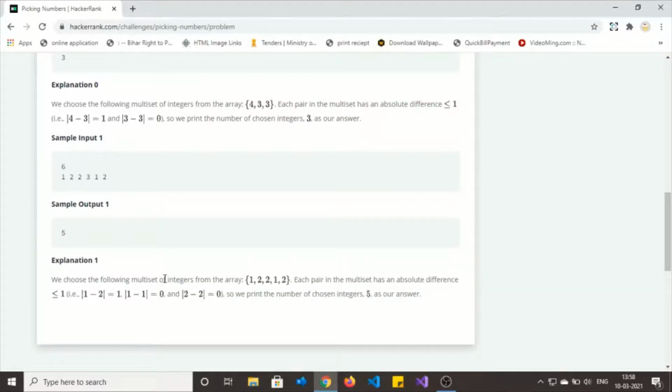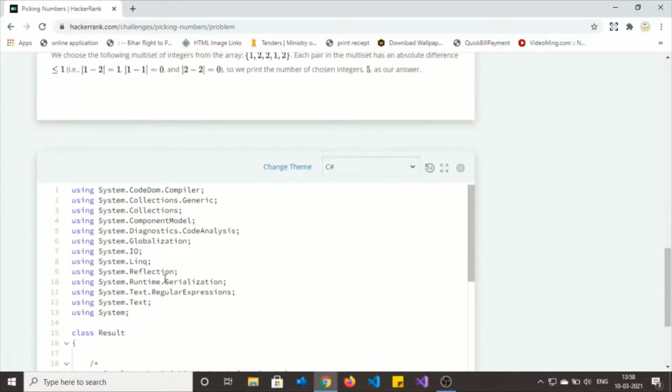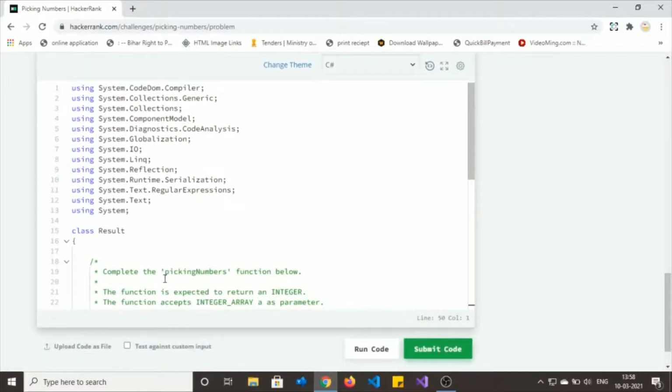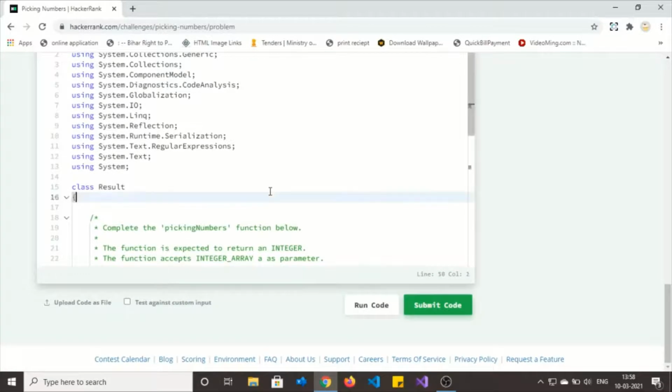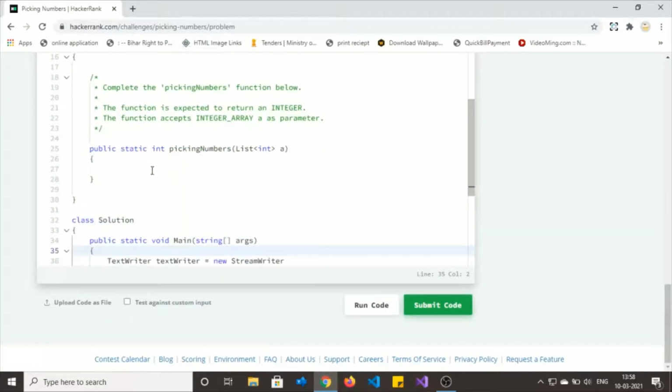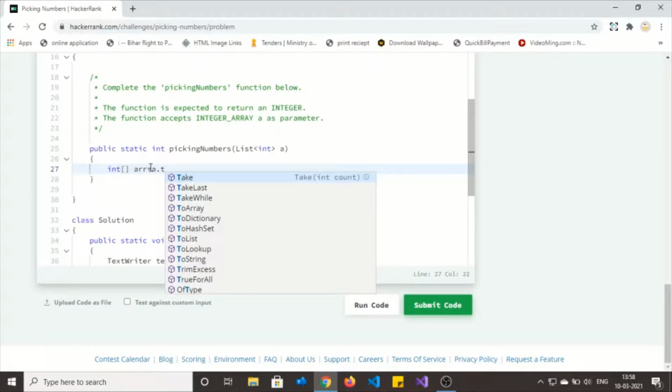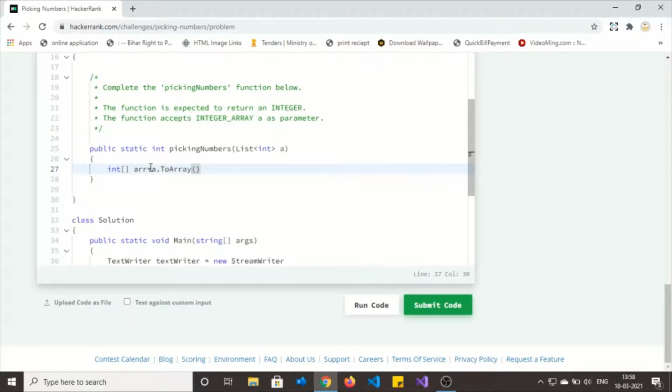Let's move to the code editor so that we will be writing some code to satisfy the condition. First, the input argument is given as a list, so we need to convert it into an array so that we can use it. So I am converting the list into an array using the toArray method.